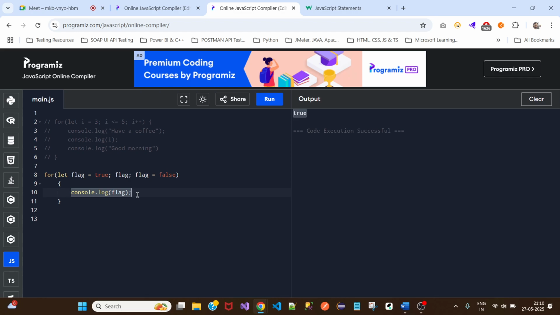It will again go to another part. It will go again to the second-time loop, and after that it will not check flag equal to true, right? It will jump to flag equal to false. So it will not print false because we have mentioned flag equal to true